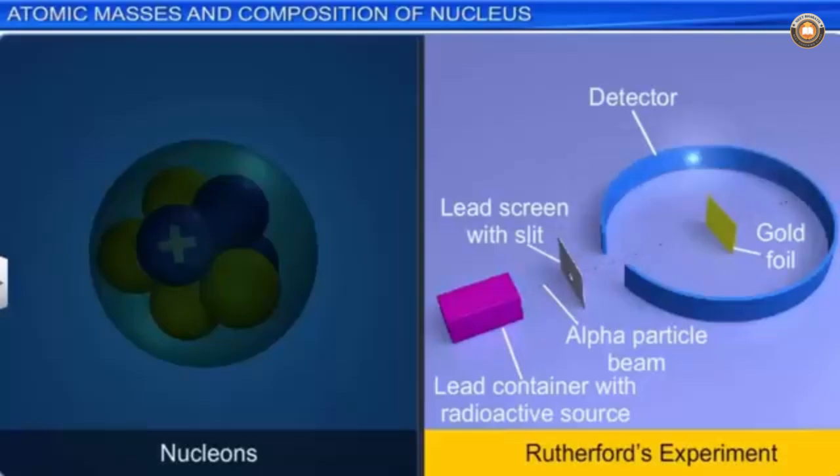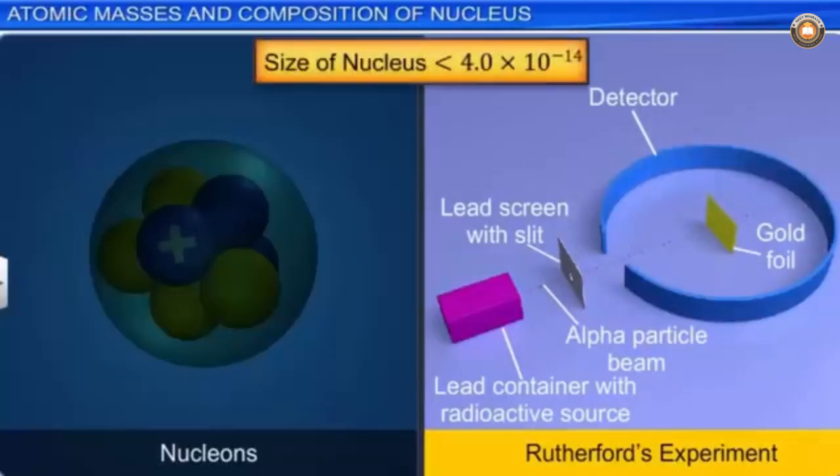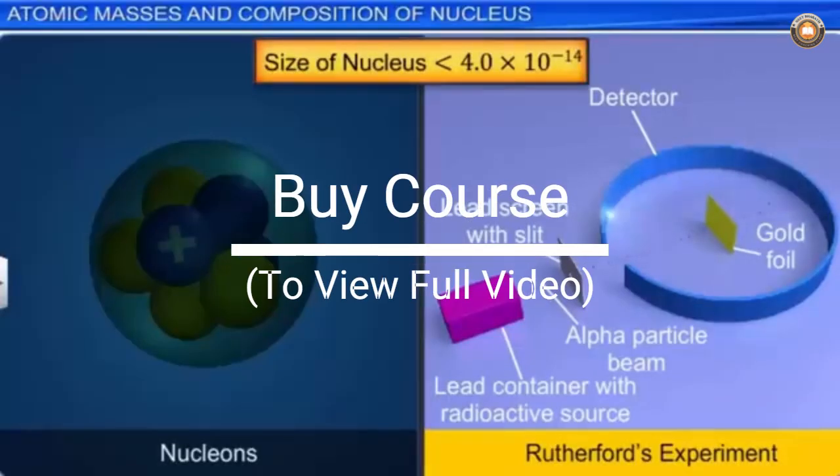As the positive charge of the atom is confined to the nucleus, the size of the nucleus had to be less than 4.0 × 10^-14 meter. Rutherford's calculations were based purely